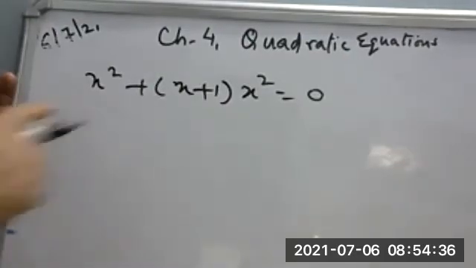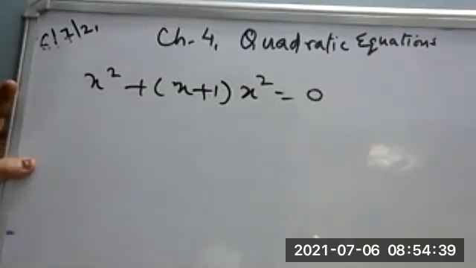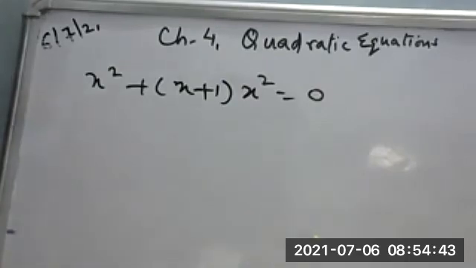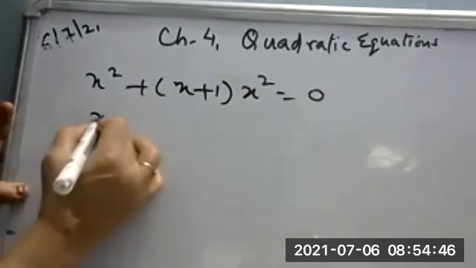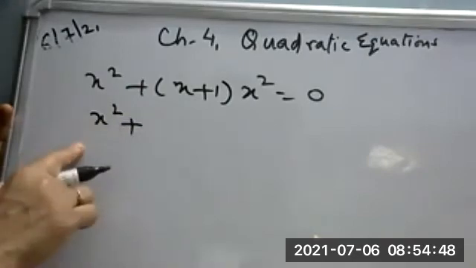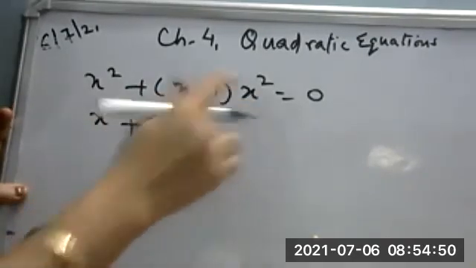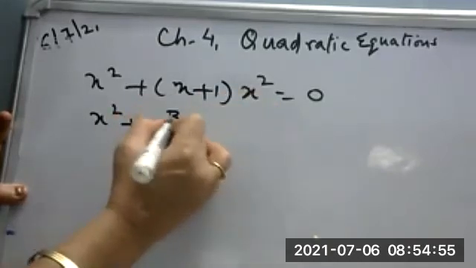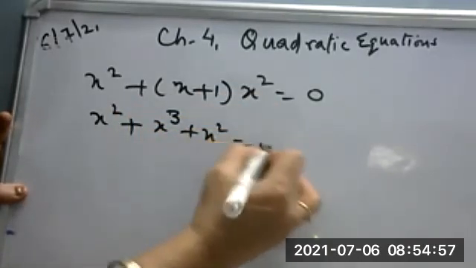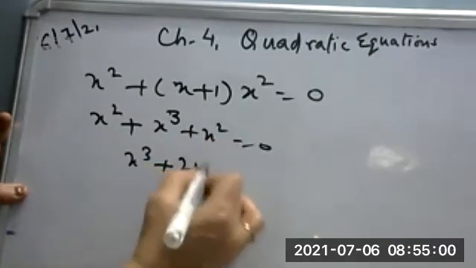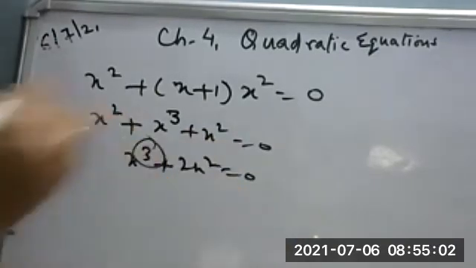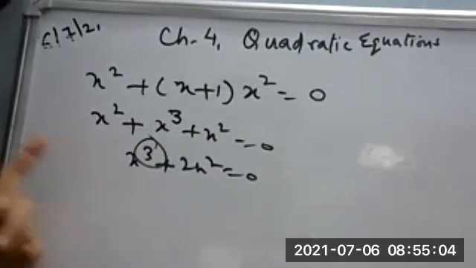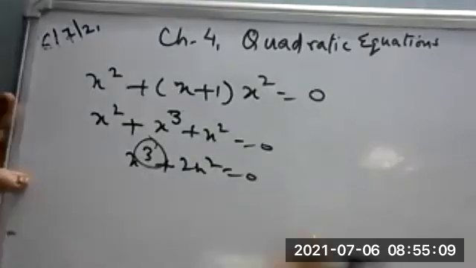Okay, see, if it is a cubic equation, then how can you justify this? Please tell me, Vipin. How can you say it is a cubic? Ma'am, cubic because if we solve the bracket, we will get here x square, and x plus 1 into x. It is opened with the bracket, x square into x will become x cube, then plus x square. Now we will solve this further. X cube plus 2x square is equal to 0. So the degree is 3. So that is why it is not a quadratic equation. It is an example of a cubic equation. Right, all of you? Yes or no?